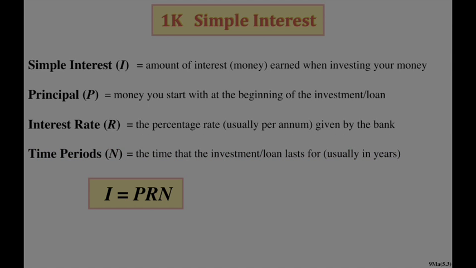So here is our formula for simple interest. It's a formula you need to learn. It's interest equals PRN. Now, sometimes you could also see it written as interest equals PRT, where T is for time. Sometimes you could see it written as interest equals PIN,